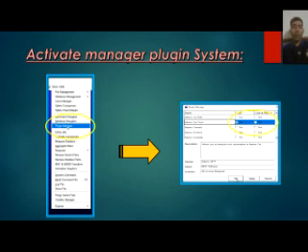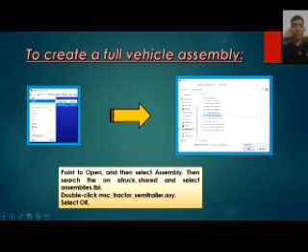The first step is to activate the manage employee system. First, click on plugin manager and select yes, add-ons track, and finally click OK. Then, to create a full vehicle assembly,